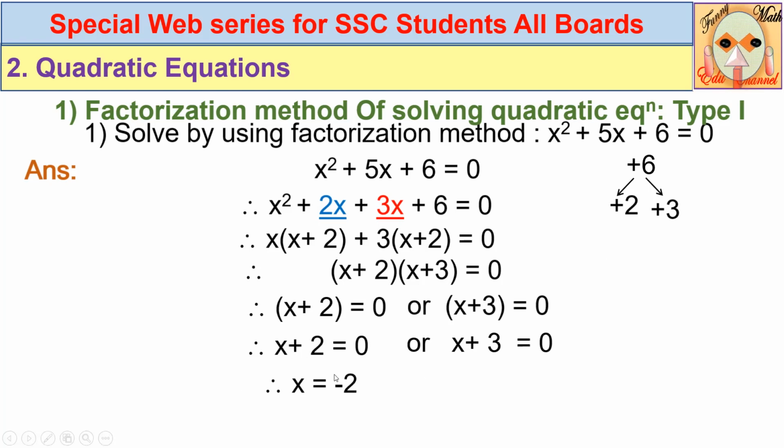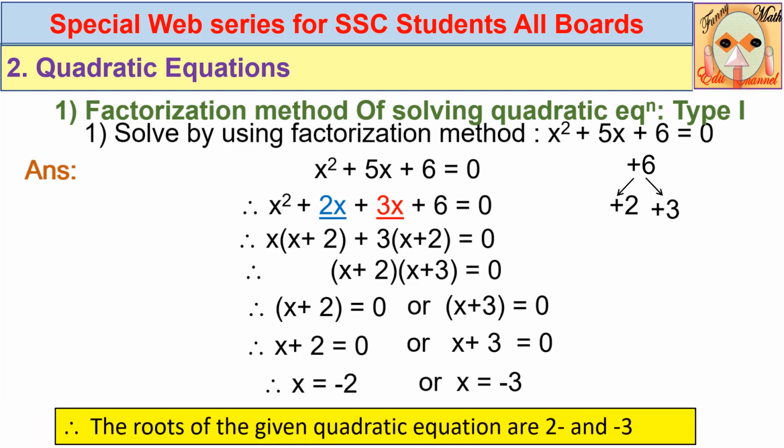So in the next step you get 0 minus 2, that is minus 2. Simply, so directly I have written here x is equal to minus 2. Similarly, shift this 3 to the right, you get minus 3, that is x is equal to minus 3. In this way we have two roots, x is equal to minus 2 and x is equal to minus 3. And we can write the roots of the given quadratic equation are minus 2 and minus 3. In this way, solving the quadratic equation by the factorization method is nothing but obtaining its roots.